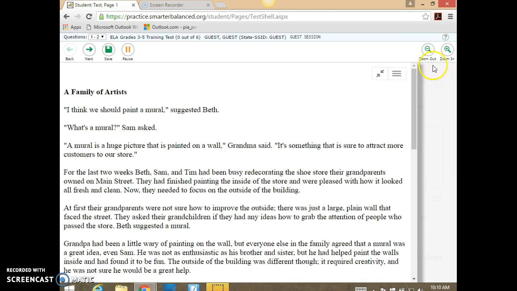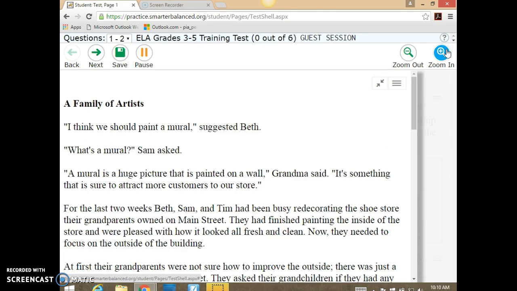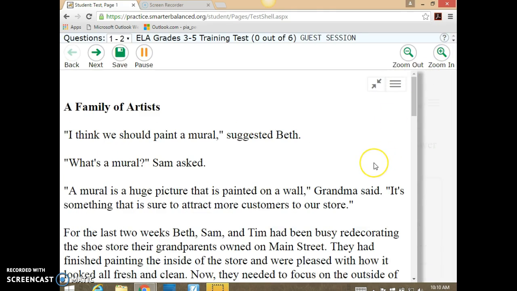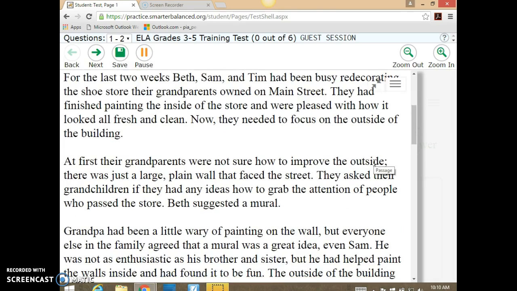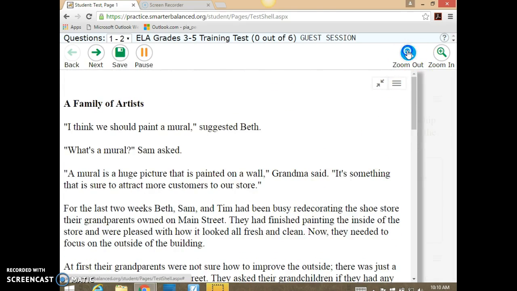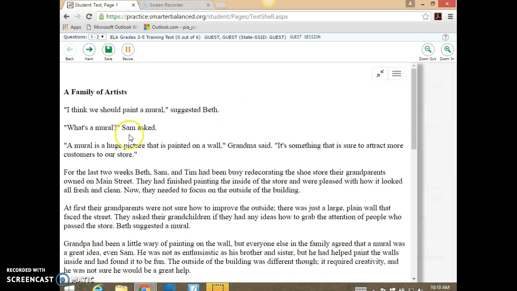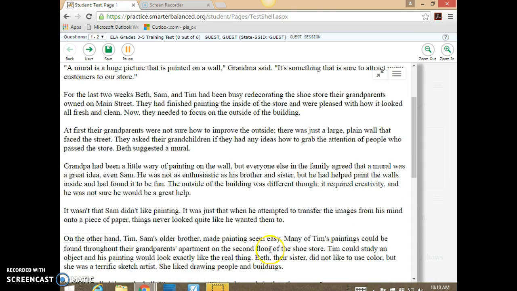That's what they want you to read. If you want to zoom in and have the print a little bit bigger, there's a zoom in button over here. You can click on that and the print gets bigger. It might not necessarily help you, okay? Okay. It will. So you'll read your passage here, okay? As you're reading it,